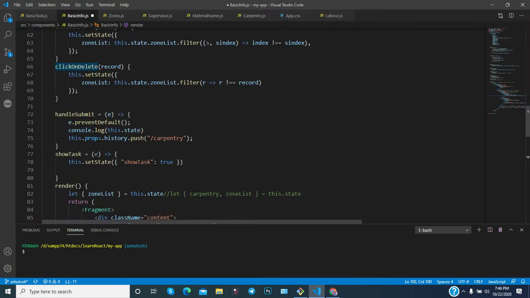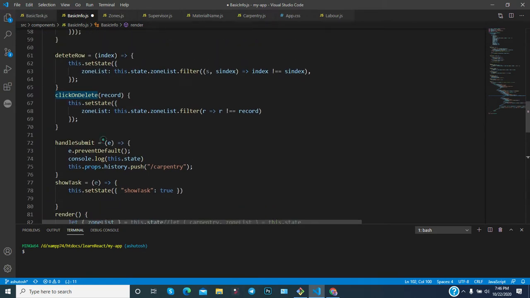If you scroll left, you can notice, and again here is the set state in click on delete. Again you are updating the value of the state, and the state value means zone list. You are updating the value of the zone list, but you can notice that you are providing a new array, filtering out the previous record.